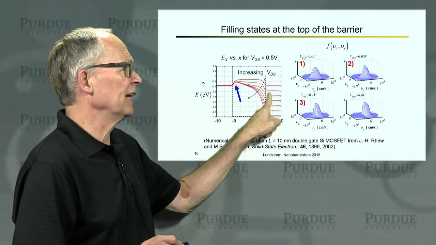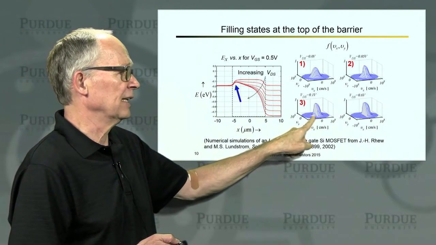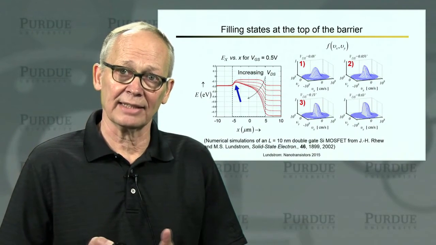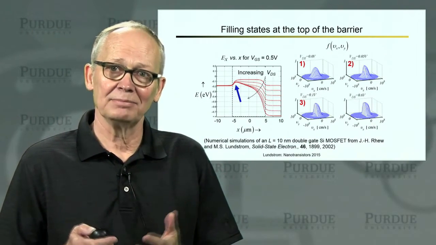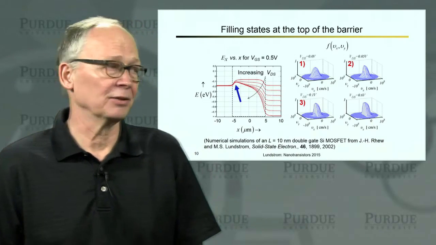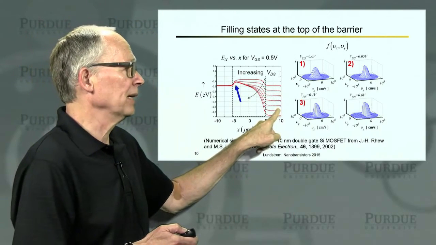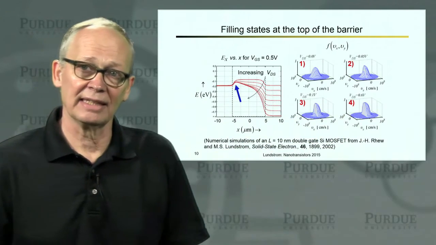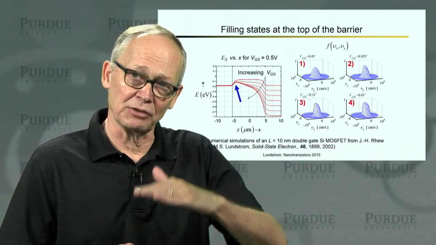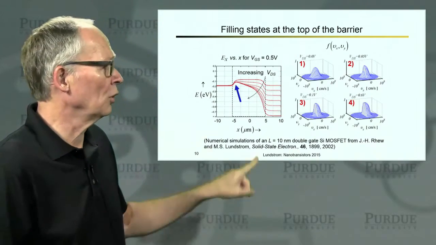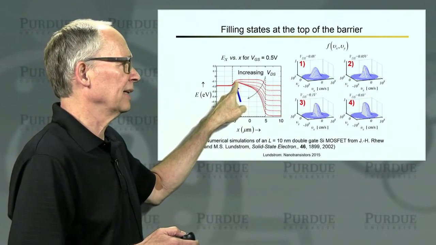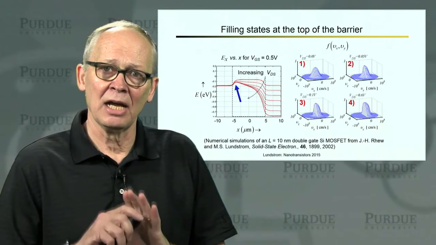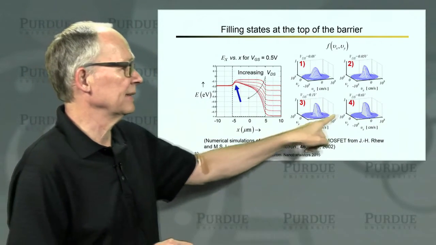You add an even higher drain voltage, you see an even smaller number of negative velocity electrons. The net positive velocity is even bigger. You add an even bigger voltage, and now we can't see any negative velocity electrons. The Fermi level in the drain has been pulled down so low that there is no probability of the negative velocity states at the top of the barrier being occupied. We only have positive velocity states.